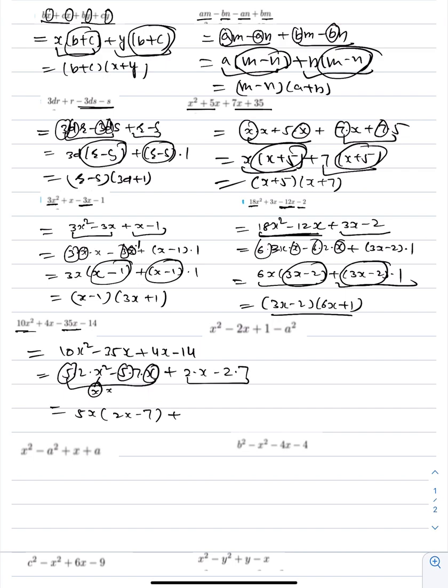In this case, you will take, so 2 into, I forgot to write 2 into 2. So 2 is common here. So you get 2x minus 7. And then from here, you have 2x minus 7 common. So you get